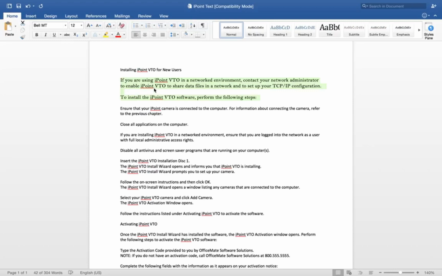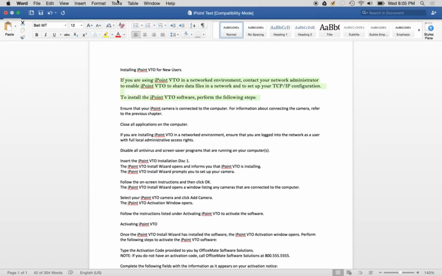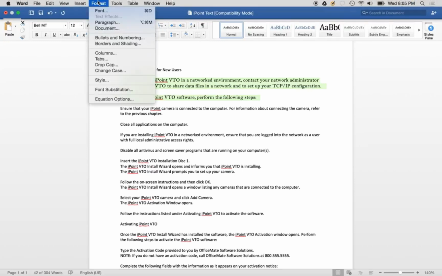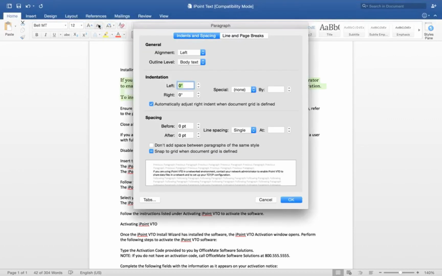And to do that, on Windows, you would click a little button in the lower right corner of the paragraph palette. But since I'm on a Mac, I'm going to have to come up here to the menu bar, click Format, click Paragraph. I want to add 7 points of space before and 7 points of space after.